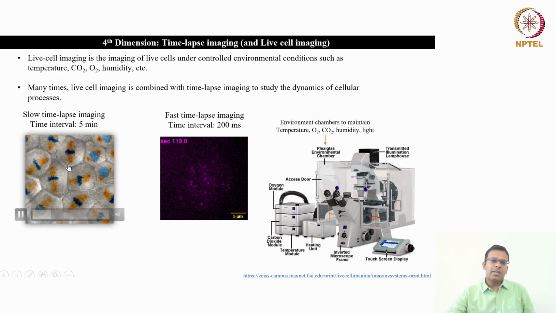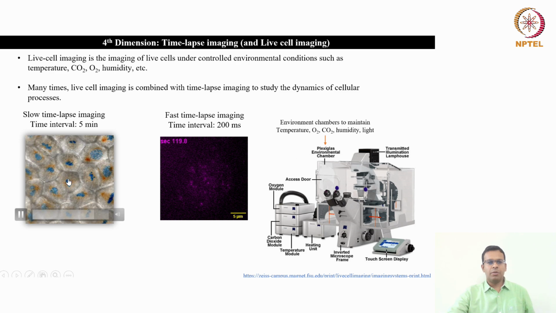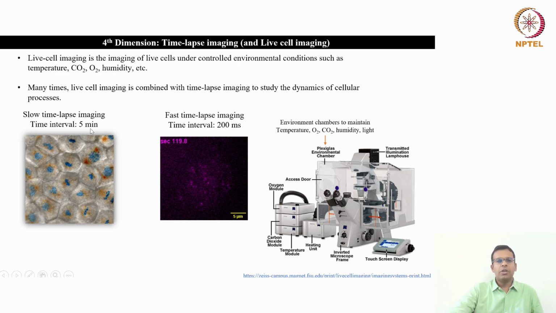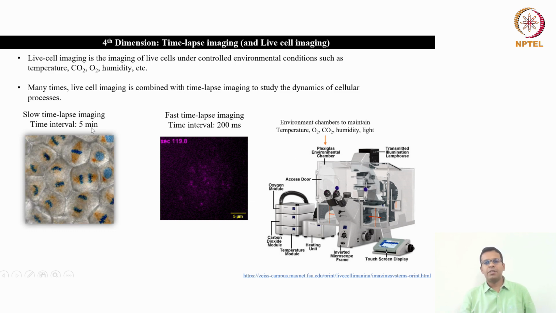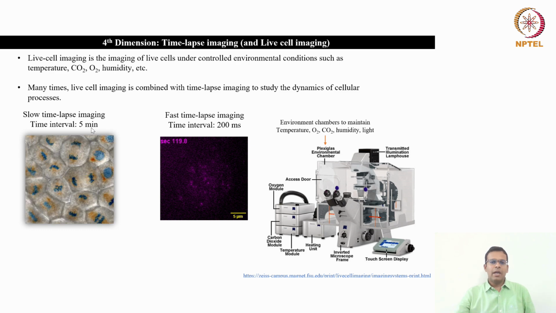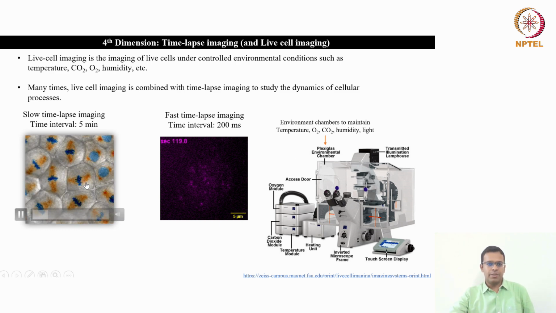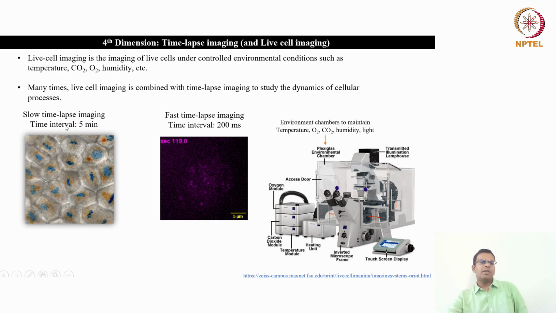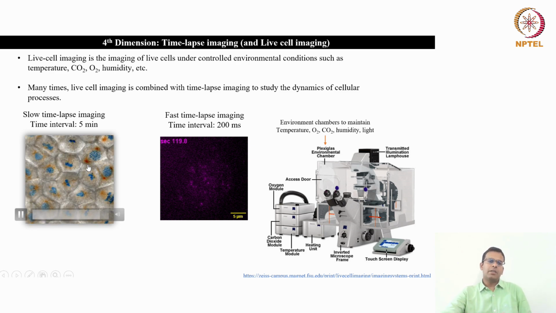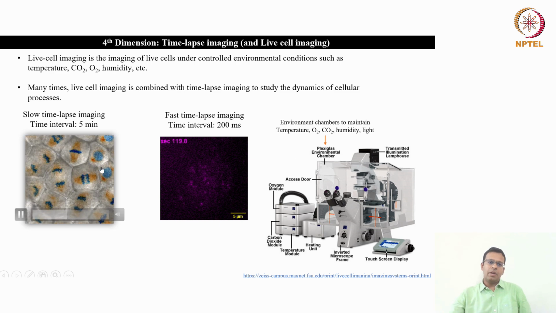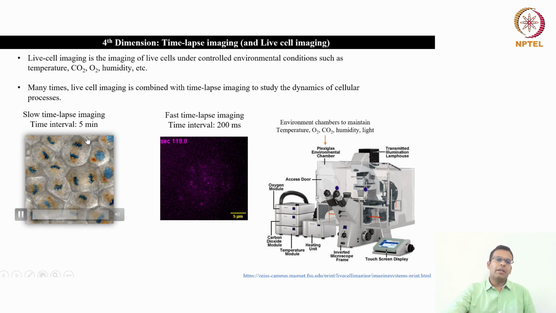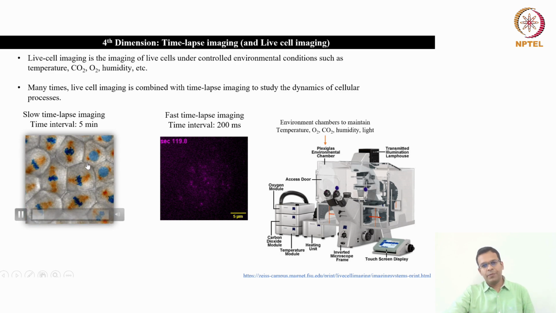So if you want to image such a slow process, which takes 1 hour to complete, you may image at every 5 minutes time interval. You do not need to image very fast, like every 200 milliseconds. If you go for 200 millisecond imaging, then you will unnecessarily bleach your samples. So for such a slow process you can image every 5 or 10 minutes, in 3D. Every 5 or 10 minutes you will take the three-dimensional image of the cell, and you can study the process of cell division.